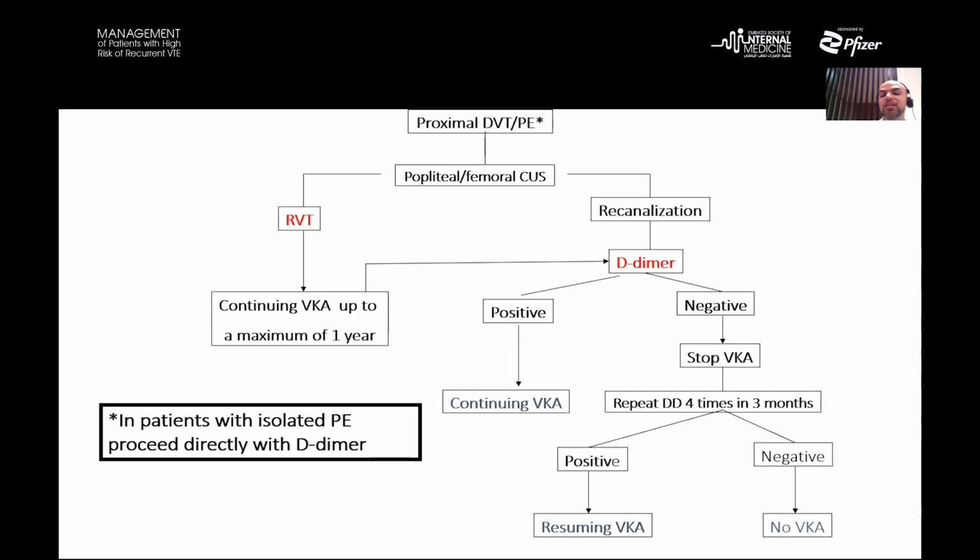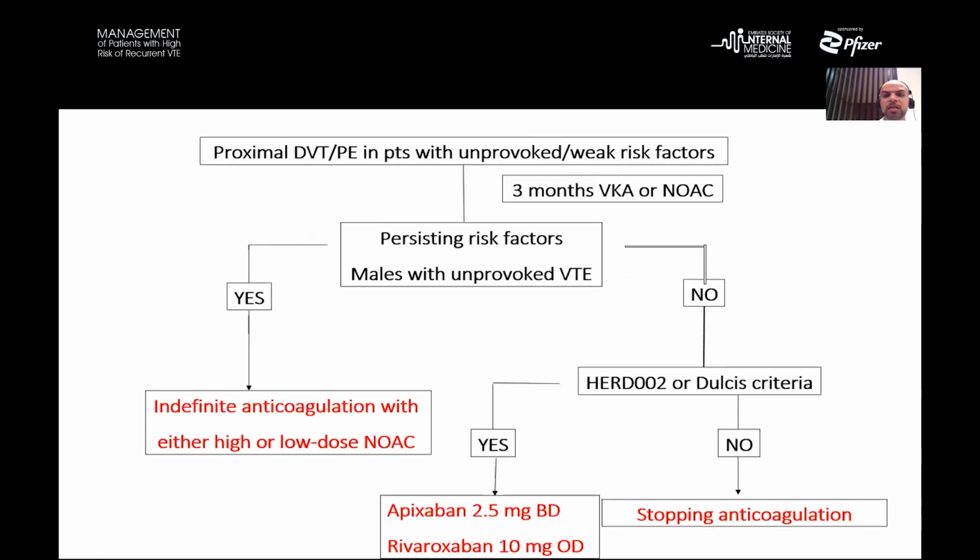However, you have to repeat the D-dimer 4 times in 3 months. Once it is negative, the patient is safe. No need for extending the anticoagulation. But if it is positive, you have to resume the anticoagulation. But the summary of the study, or the concept of the study, which can be applicable in your assessment of those patients with unprovoked VTE, is